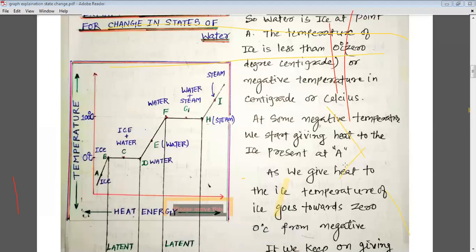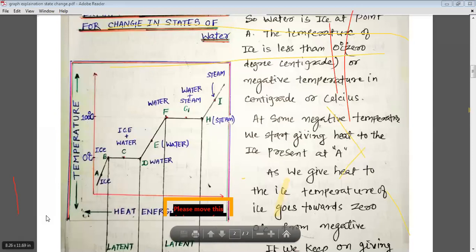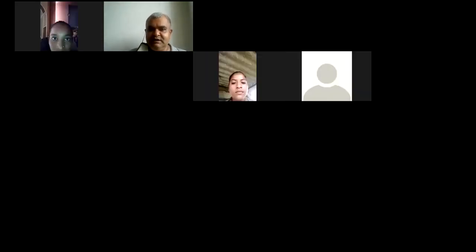Now, my dear students, if you have any doubt, you can ask me and we can discuss all these points. So now, my dear students, you are free to ask the questions regarding this graph. I am stopping the sharing of the screen now. So now you can talk to me, you can see me, I am on the video, and if you have any doubts, you can ask.